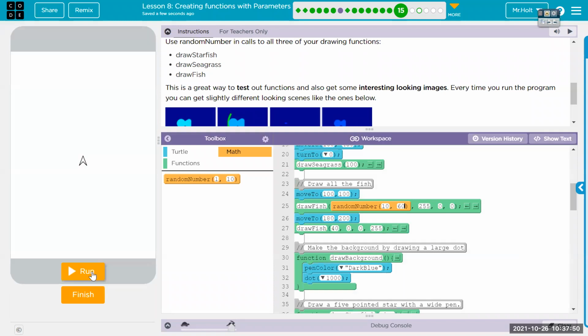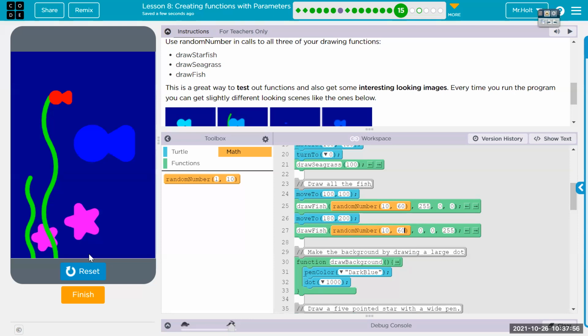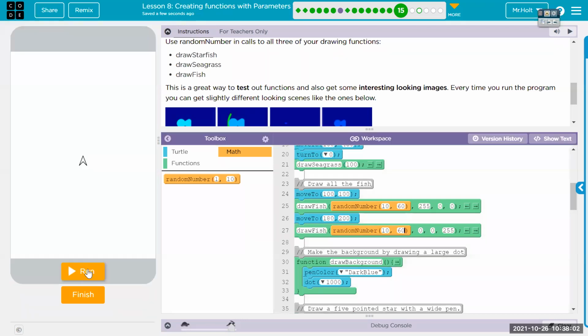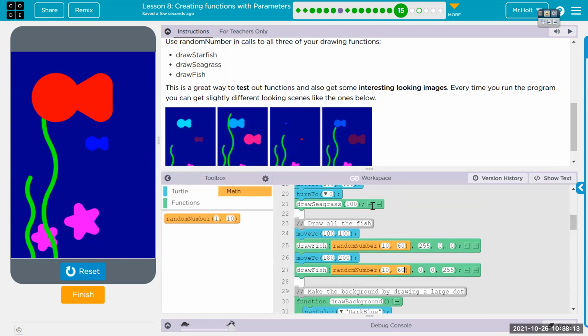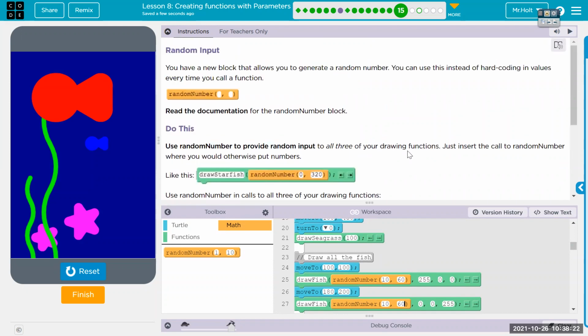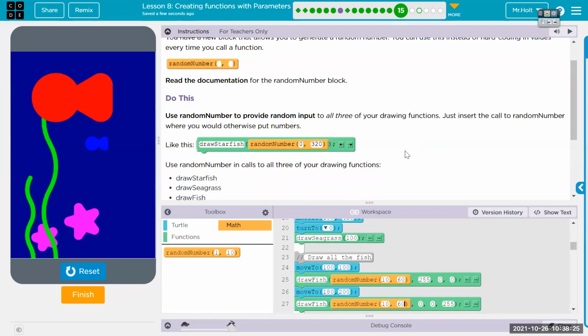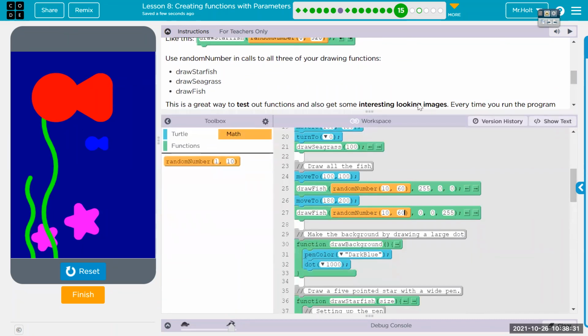And now every time we call, that first one's going to be random. Let's do the same thing for the other fish, between 10 and 60. Okay, and that gives us random numbers. Every time we call, it gives a different number. Well, not necessarily. It chooses a random number of that range. That makes sense. And does this one have random color also? Oh, for all three. Does it have different sizes? Okay, so let's do random size